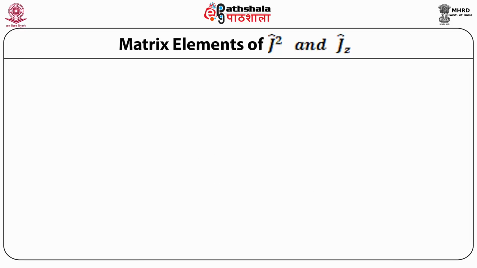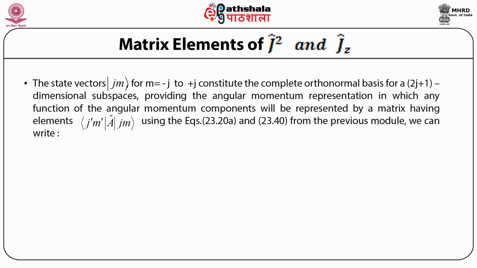Matrix elements of operator J square and operator Jz. Now we shall discuss the matrix elements of the operators J square and Jz, which are the operators of the angular momentum. So if we look at the state vector Jm, for m having values ranging from minus j to plus j including 0, where m is the magnetic angular momentum number,